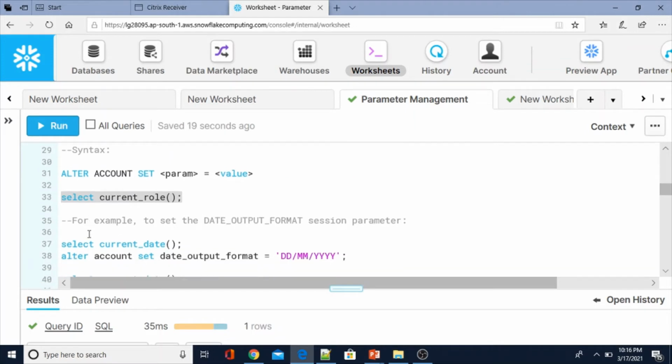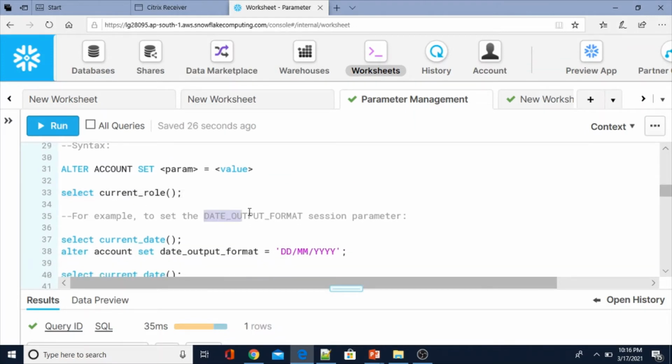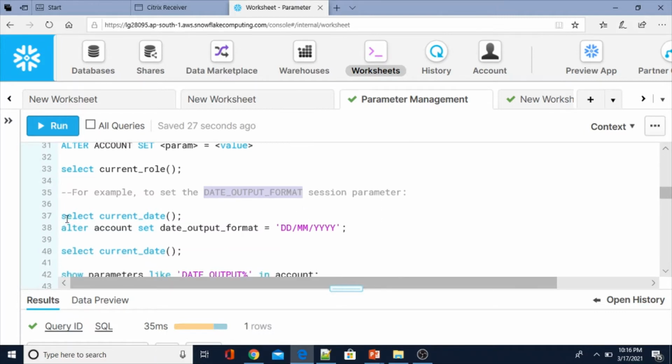So here, before changing, for example, let me set the date output format session parameter. This is one of the session parameters, but I am going to set it at account level. Let me first execute select current_date before changing that parameter.